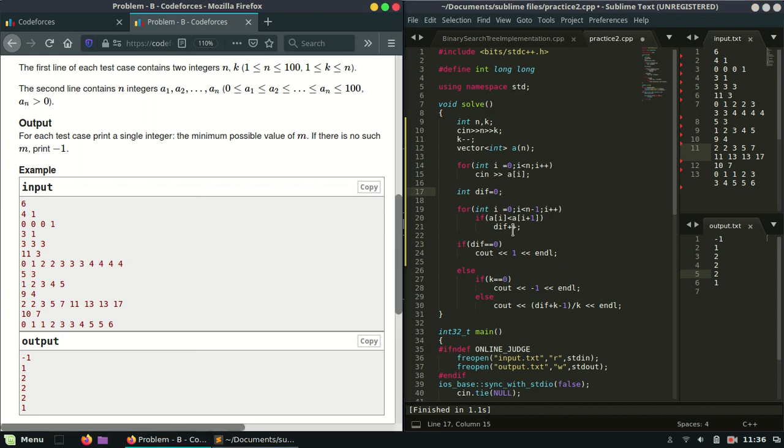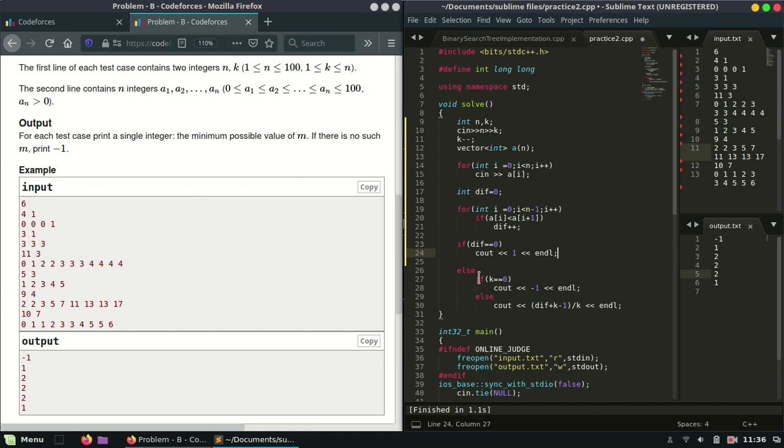If the different element count is equal to 0, it means all the elements are equal, the whole array is equal. So we will print 1 in that case.